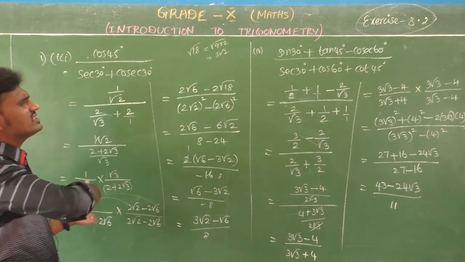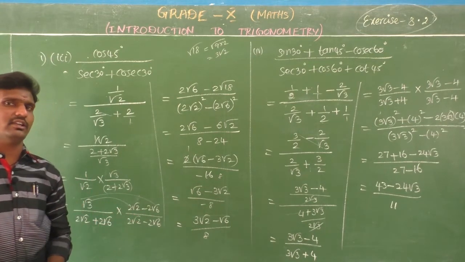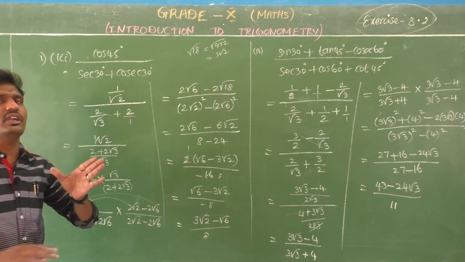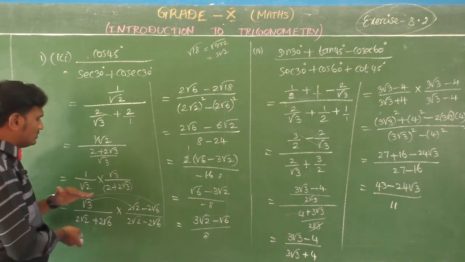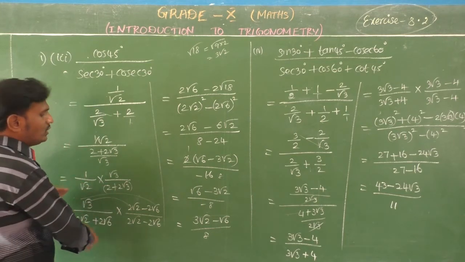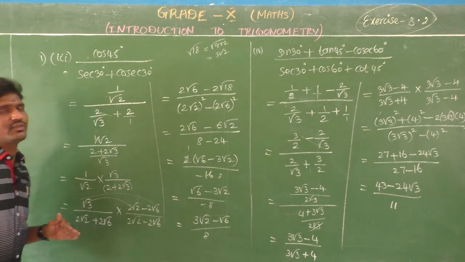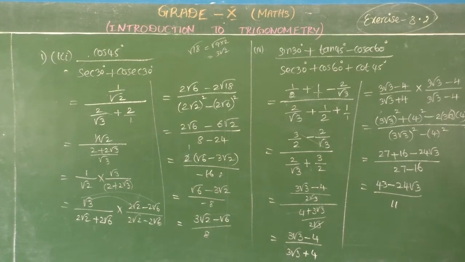So for these two questions also you want to recall your rationalizing factor, which is the conjugate factor. Use that concept only, we are going to simplify in the final. Some of the students stopped up to this step. Okay, you can't do that. Okay, why? Because you have a rationalizing factor in that final step. Otherwise you are going to lose the mark. Okay, yes students. And the next question we are going to see.